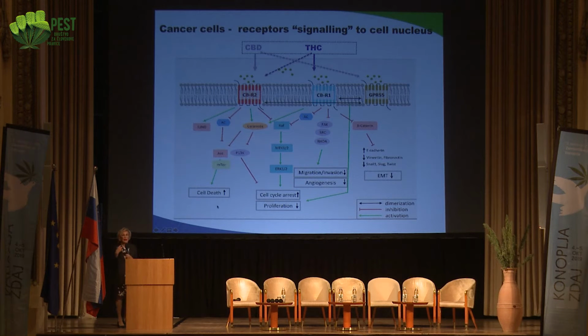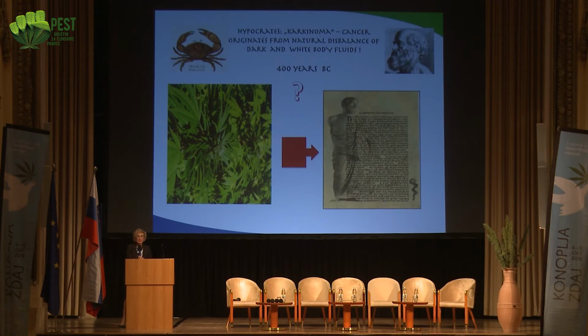Either it grows, or it dies, or it migrates, or whatever, and this is all very important also for the cancer cells. Now, this slide reminds me that I have to switch to cancer finally, and tell you that the effect of cannabinoids, of cannabis, was known for a long time in history, as you all know, but maybe you don't know that it was also described by Hippocrates in his scripts, and Hippocrates actually gave the name to the disease, cancer, which means crab, and it's what's called carcinoma.